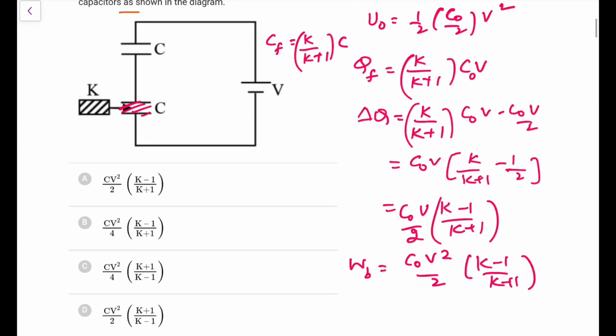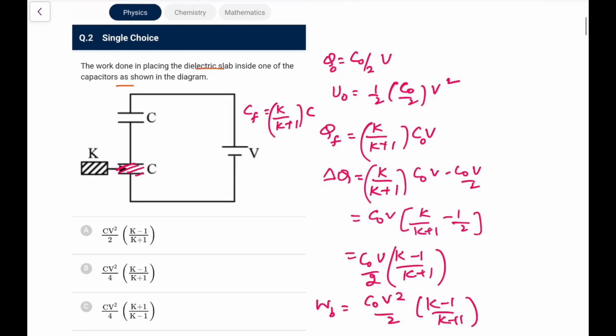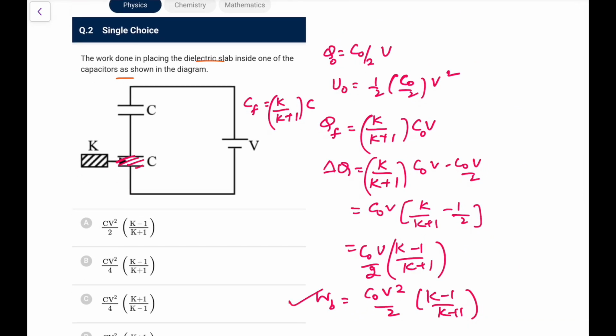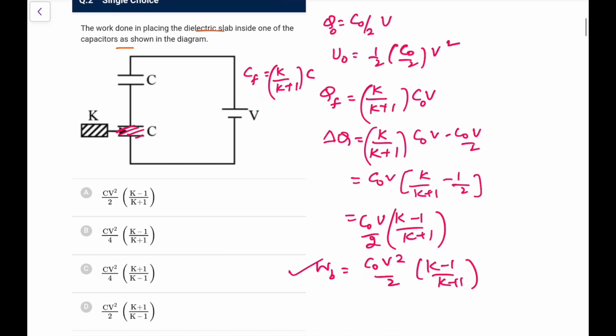This is what we have calculated as the work done by the battery. Now this is the dubious one: if I take the work done by the battery, it will be this, but if you take work done simply as delta U, the energy stored in the capacitors, you will get half of this value, which is the answer given by NTA. So I'm leaving it to you. For me, I don't know what they mean by work done. For me, work done should be the work done by the battery, that is the additional charge passed through the battery times the EMF of the battery. So I'll go for D, they have given B.